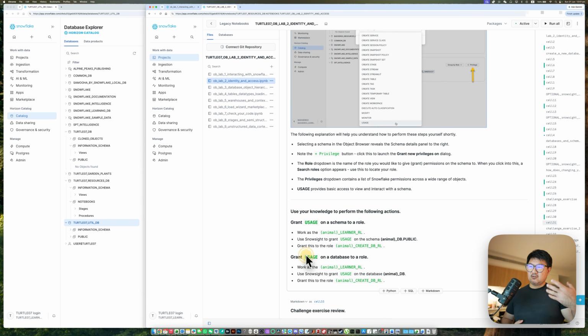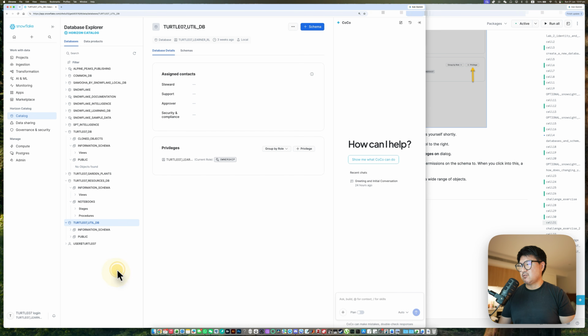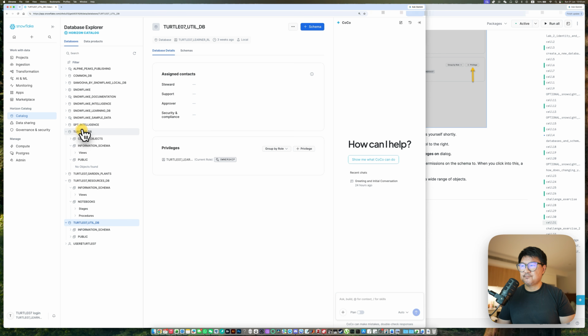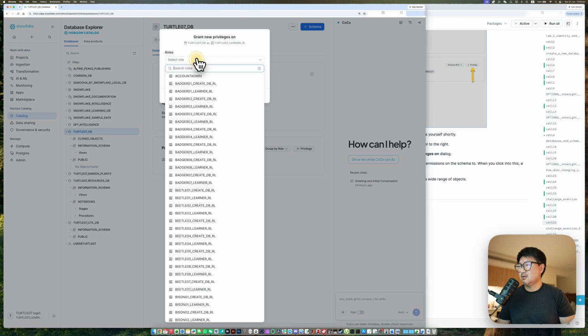Granting usage. So how do we, if we create a database under a certain role, grant the ability of another role to see the database we've created? Turtle07DB. How do I grant this role to be able to see that database? So what I can do is go into this database, press plus privilege, and then let me search for